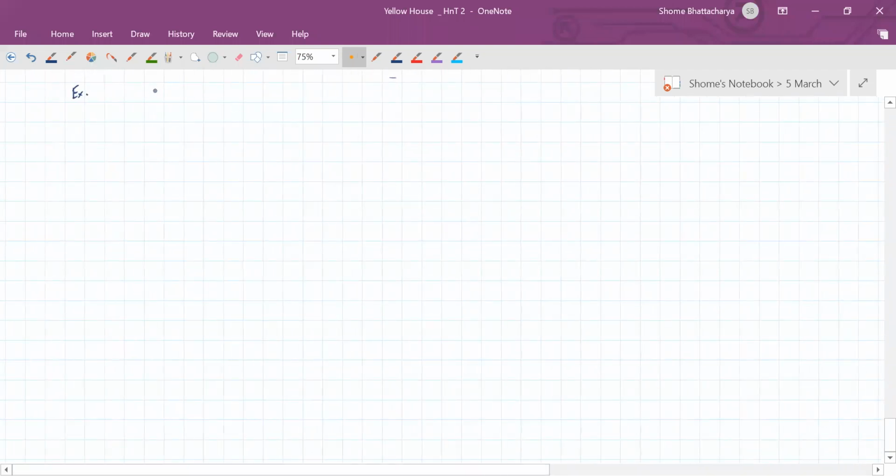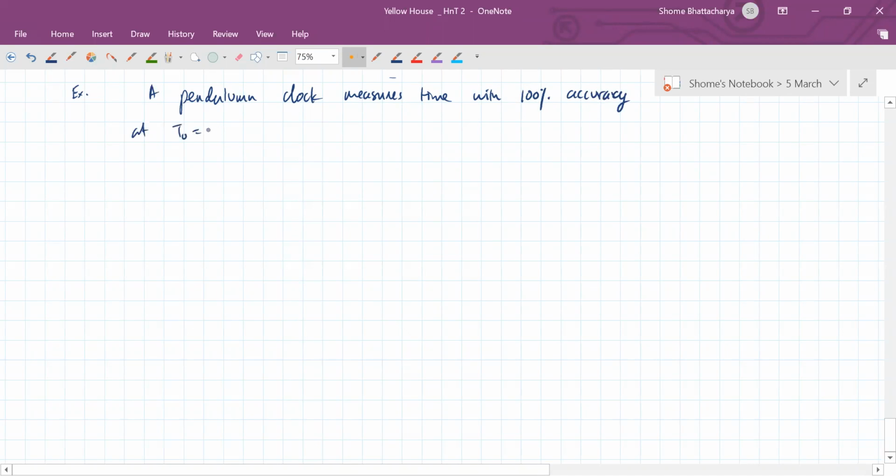So next, let's look at this example. A pendulum clock measures time with 100% accuracy at a temperature of 20 degrees C. Now, if the metal of the pendulum has a coefficient of thermal expansion of 6 into 10 raised to the power minus 6 per degree C,